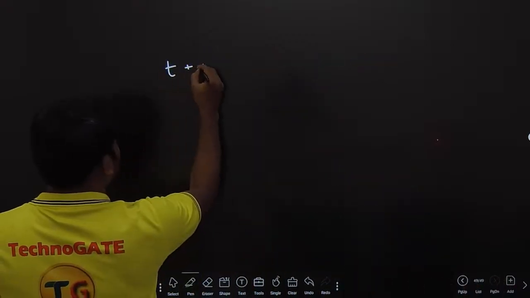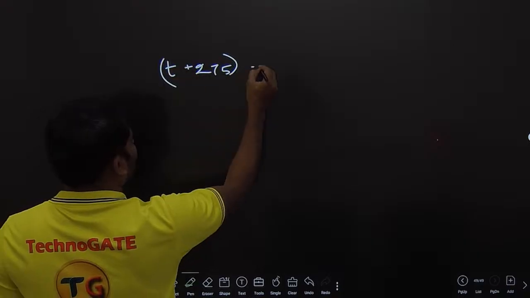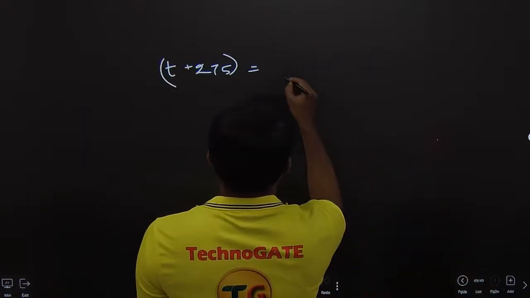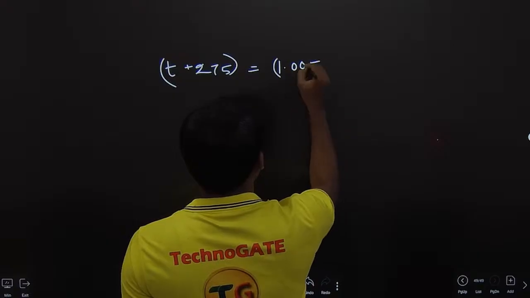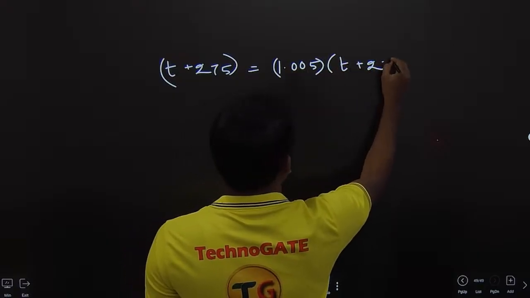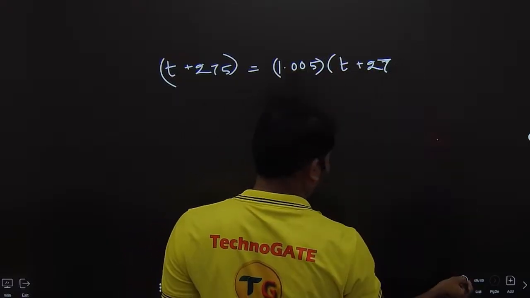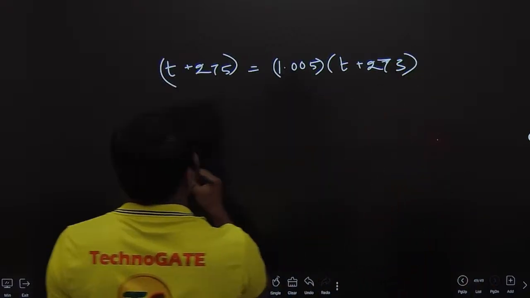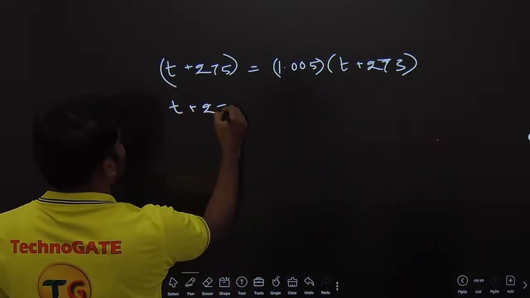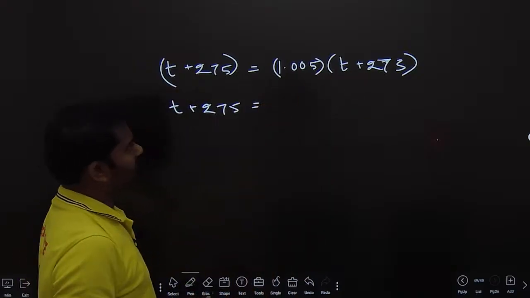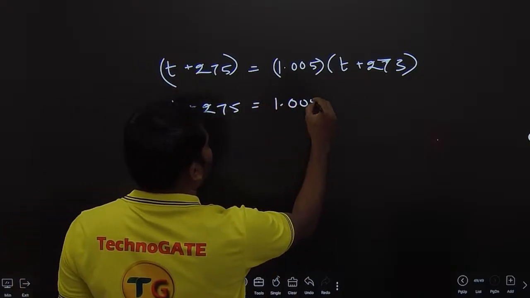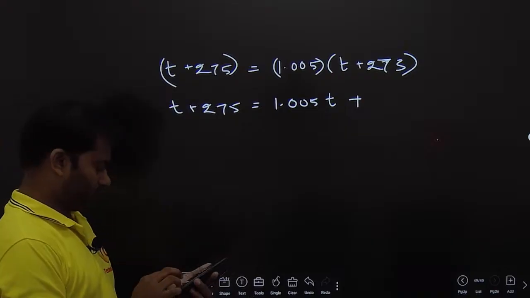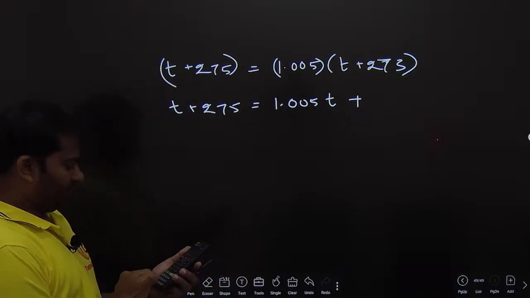T plus 275 is equal to 1.005 into (T plus 273). So if you simplify this, T plus 275 is equal to, if you multiply, 1.005 into (T plus 273) into 1.005,